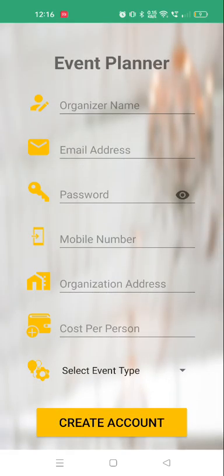I would like to request you, whenever the application asks you for any permission like call permission, location permission, or file storage permission, please allow that. Then only the application will work.